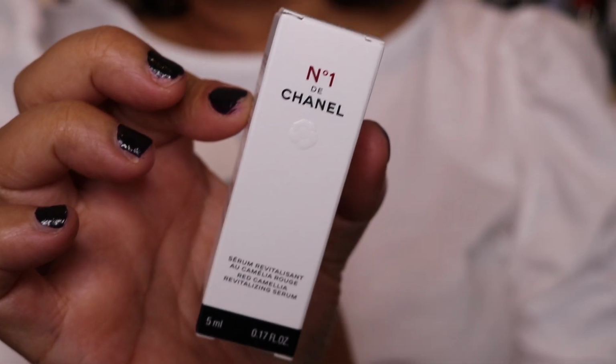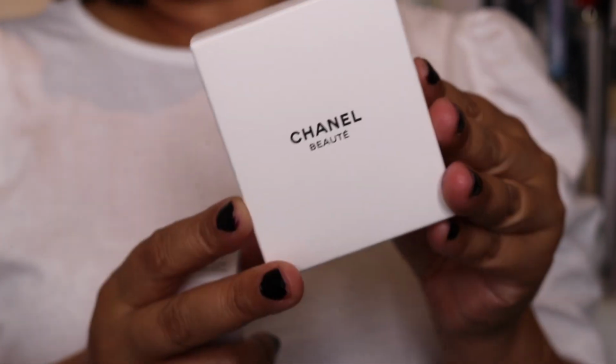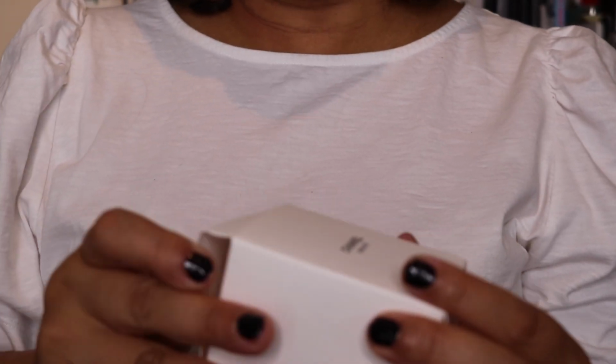Then I was gifted the little serum. I have the foundation of this on right now. I was gifted this as well. So I think that this is a Christmas gift. So inside,